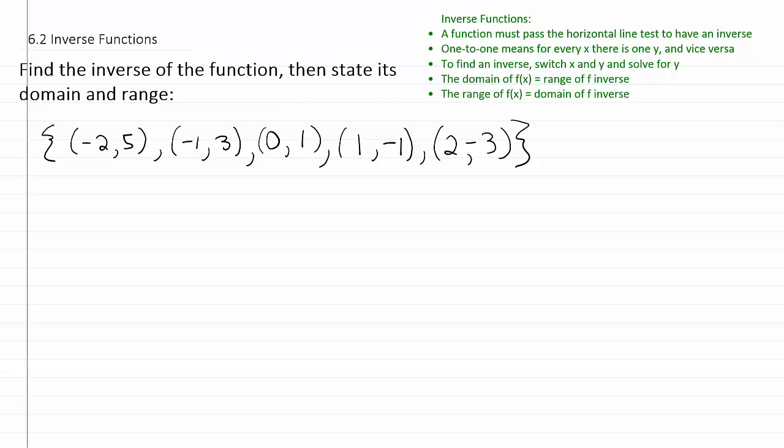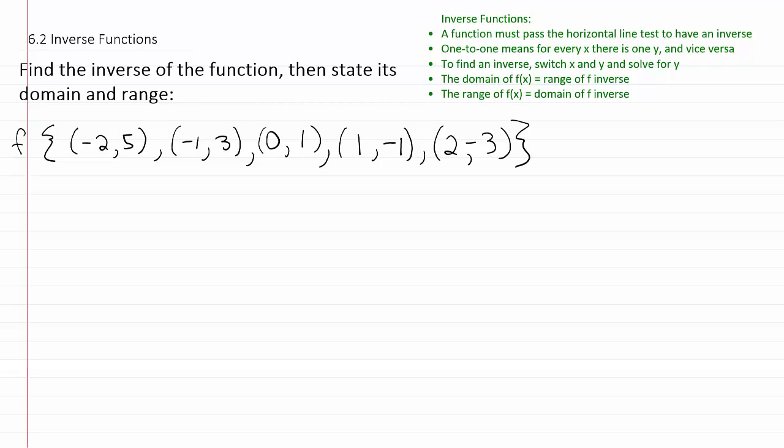Find the inverse of the function, then state its domain and range. All right, so what we want to focus on is the last two statements I have written here in green. Basically that the domain and range of an inverse switch. And what that actually means in this particular case is that if you want to find the inverse function, so